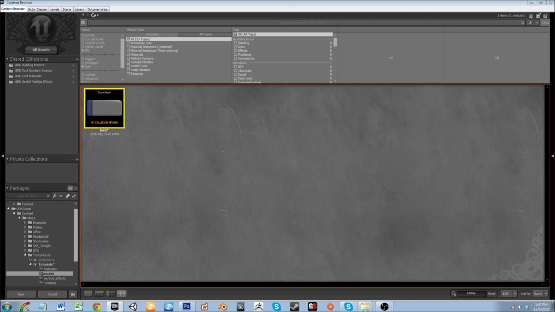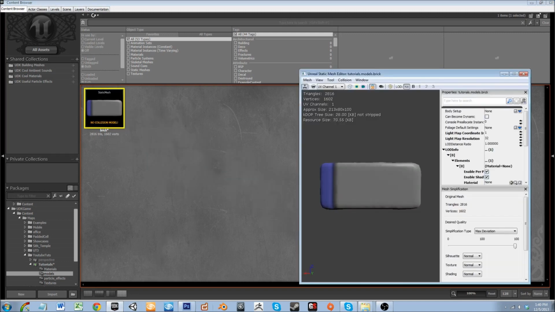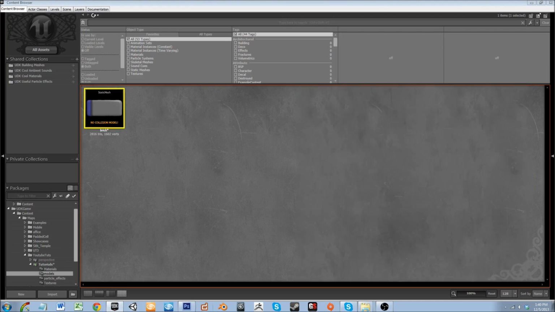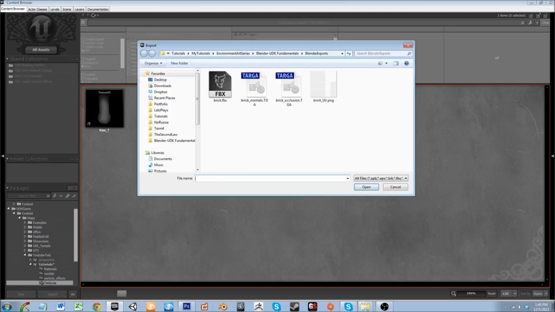So let's go and exit out of that. Actually, first, let's spin it around, and what you can do is take a new thumbnail angle. You exit, it'll just save that thumbnail angle. So at this point, we are going to import a new texture. Actually, we are going to import the brick normals,